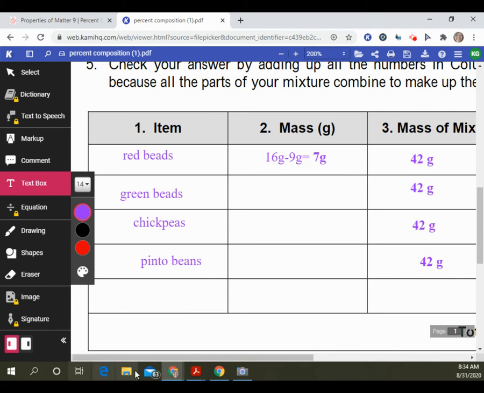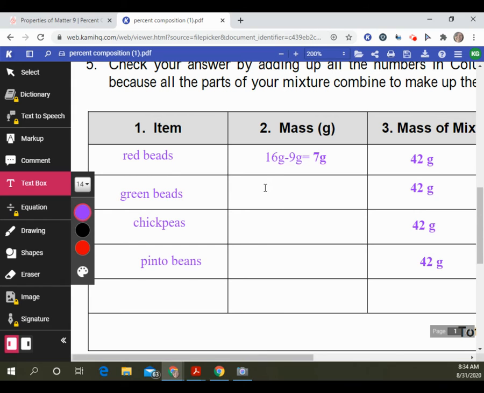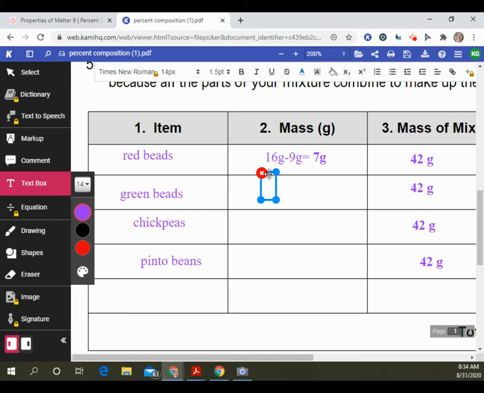Okay, so the green beads we have on the camera, 13 grams of green beads. Now, once again, is that just the green beads that's 13 grams? No, what do we need to do? Subtract 9 because that was the mass of the empty cup. So we're going to go 13 grams minus 9 grams equals